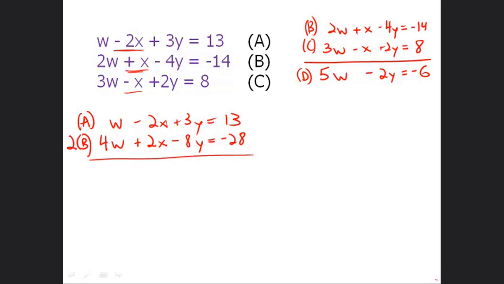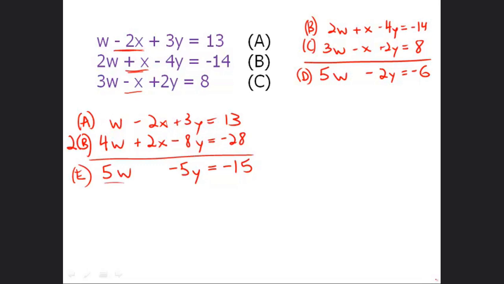All right, so very good. Now, again, add straight down. I get 5w, the x's cancel as predicted, and I get negative 5y equals negative 15. Now, ordinarily, I would say, gee, all of these are multiples of 5. Wouldn't it be easier to divide by 5, get smaller numbers? Then that might make it very easy to cancel, to substitute, to do all kinds of things. But I'm going to call this equation E as is,